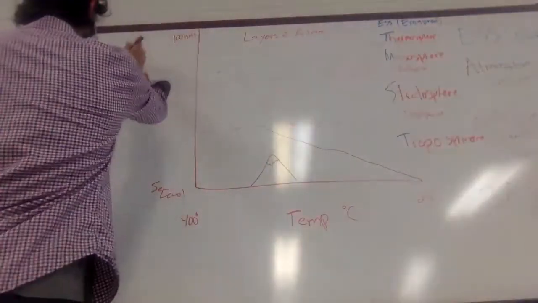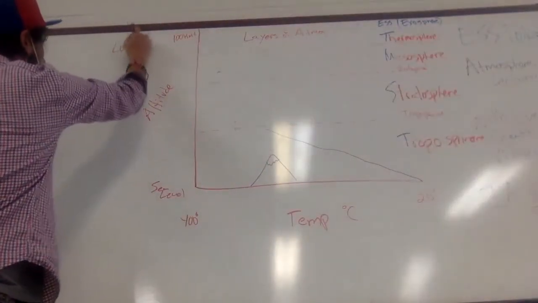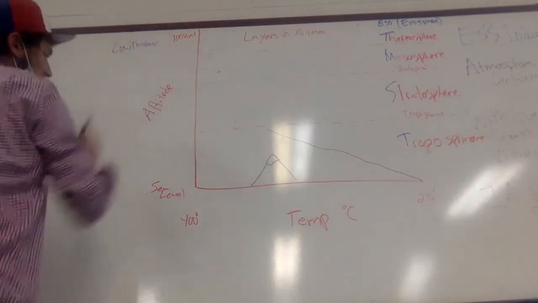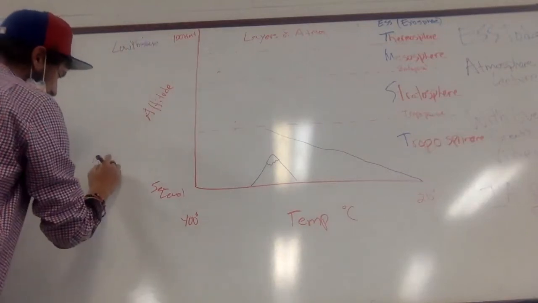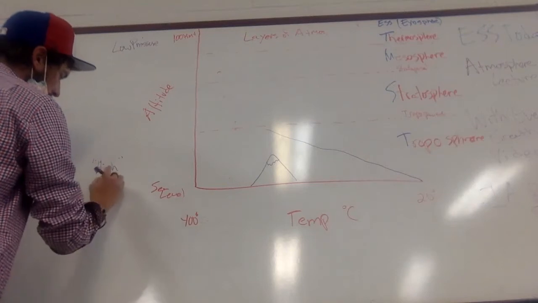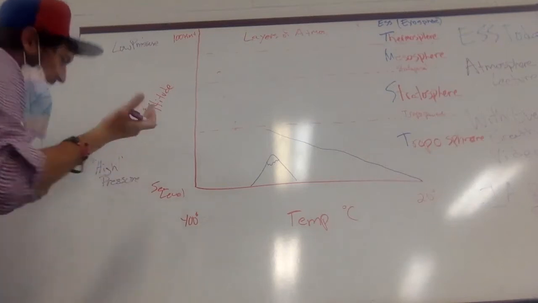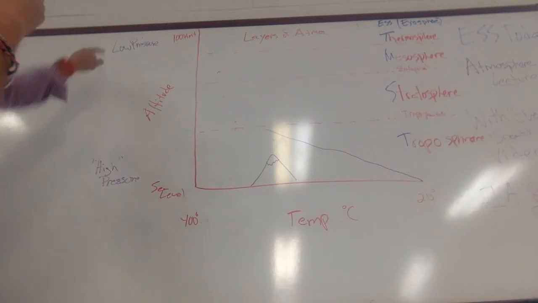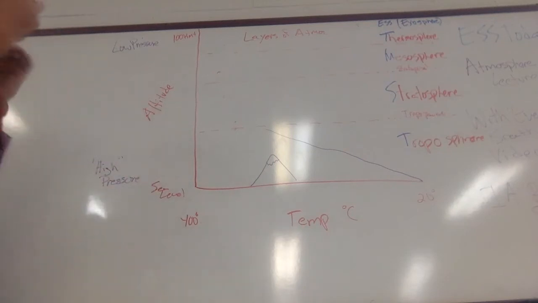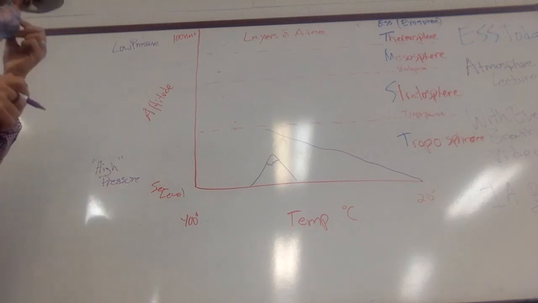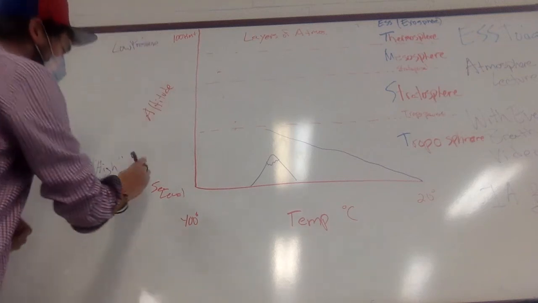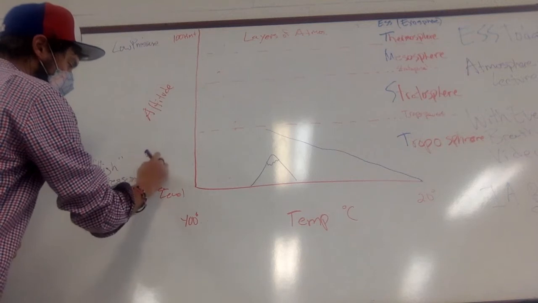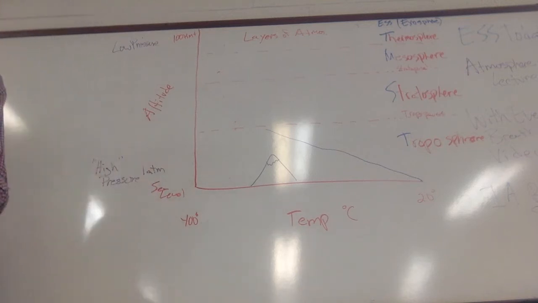Let's add another column over here. Low pressure. And I'm just going to put in quotes high pressure, because, I mean, high relative to that, but it's not that much pressure. If you go into the ocean, very, very high pressure down there, crush everything. If you want to use units, you could say it's 1 atmosphere down here. That's the pressure. It's actually the weight of the entire atmosphere above you.